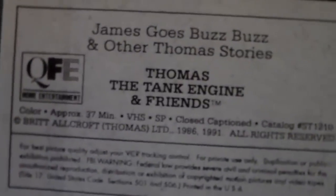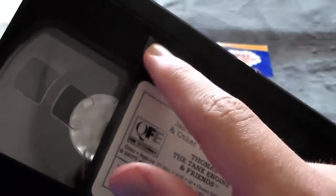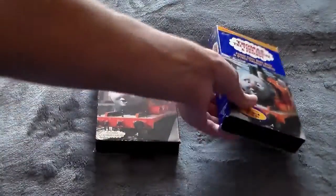there's the tape. James Goes Buzz Buzz. As you can see, mine's got a sticker there. Or no, not a sticker, a piece of tape, because the sticker was actually peeling off. So I had to fix it that way. So that's the 1993/1994 version. Now we'll look at the